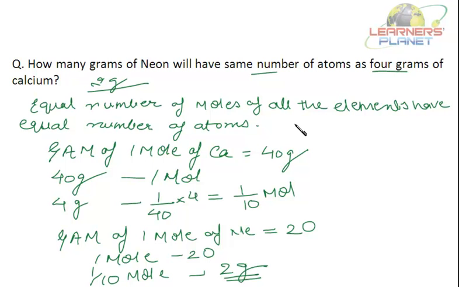Right? So the weight of 1 mole of a substance is equal to its gram atomic mass or gram molecular mass. And what is gram atomic mass or gram molecular mass? It is the weight or mass of the substance in grams, which is numerically equal to its atomic mass. And atomic mass is a relative entity. It is expressed in units.